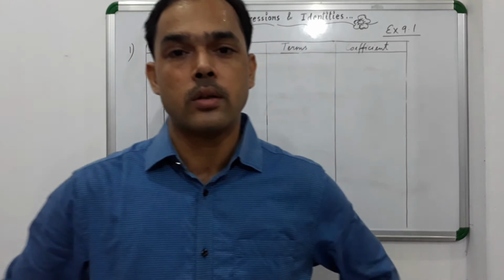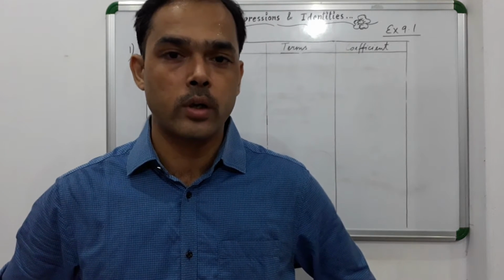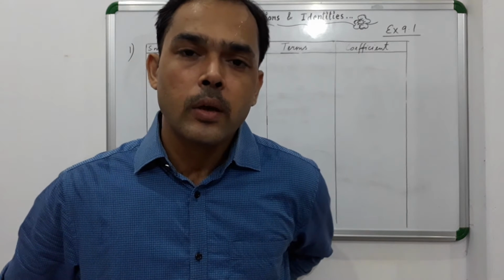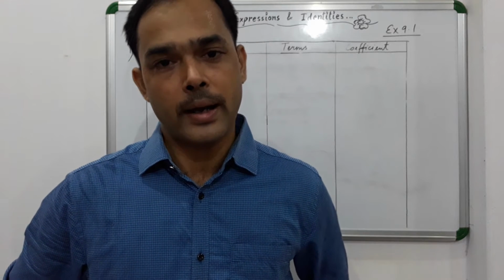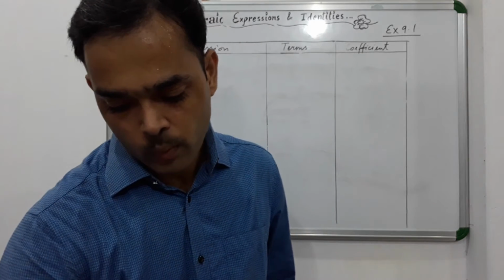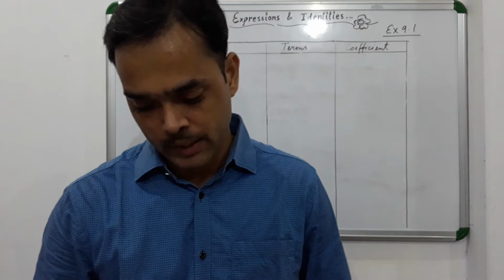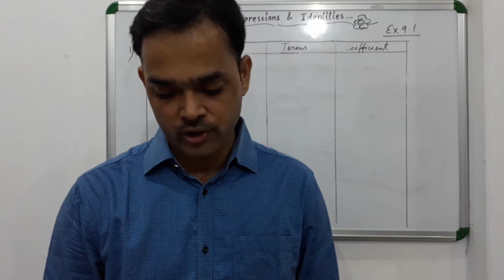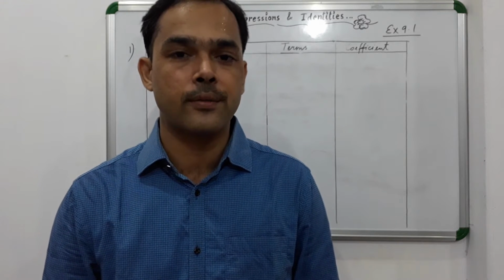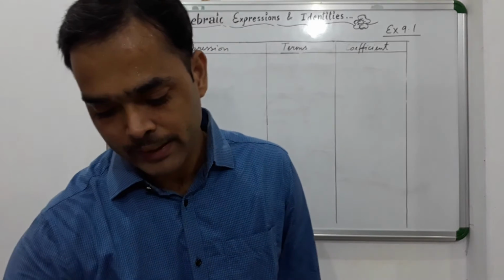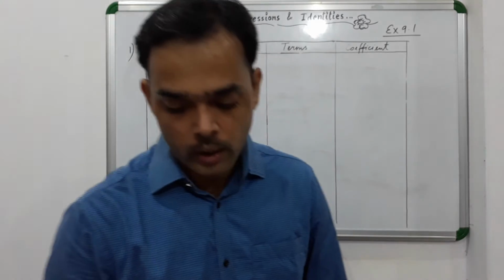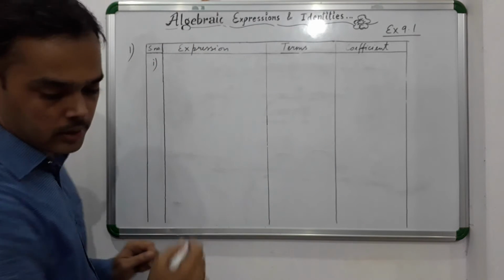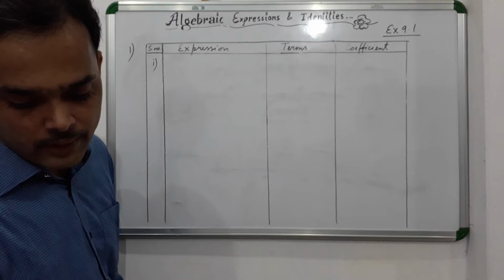Hello students. So from exercise 9.1 of the chapter Algebraic Expressions and Identities, we are going to do question number 1 and 2. In question number 1, if you see, you'll observe that it is mentioned: identify the terms and their coefficient for each of the following expressions. So let's solve question number 1, first part, and the expression that is given to us is 5xyz